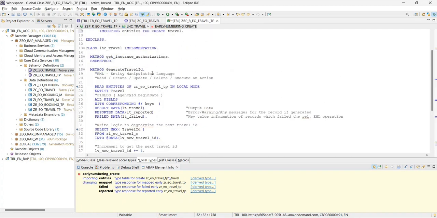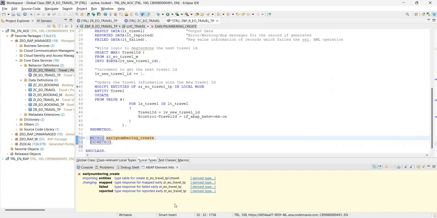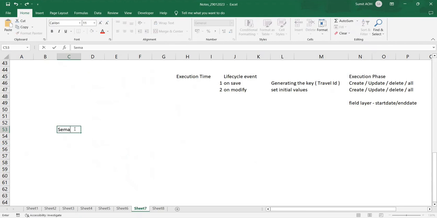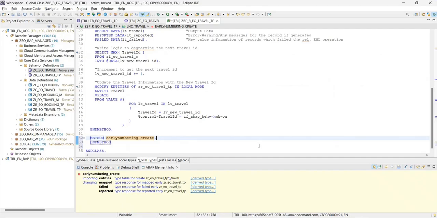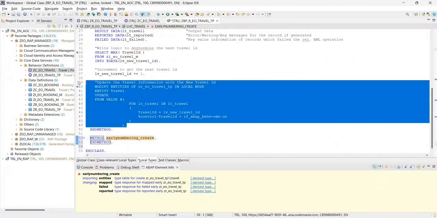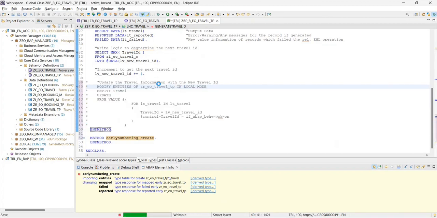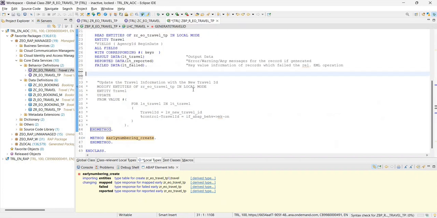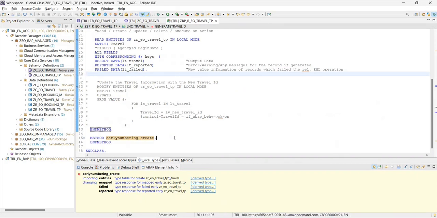Okay. So one thing you should know is that in case of a semantic key, as we mentioned, we are going to learn two kinds of business object: one with a semantic key, one with GUID based keys. The semantic keys are also primary keys for a database table, and there would be a constraint while updating that information into the database like we did over here. You won't be able to use an update EML statement over here, or I can say modify EML. That's where the early numbering concept would come to your rescue. So what you would do is you would simply say, I don't want this information to be there. Instead, I want,